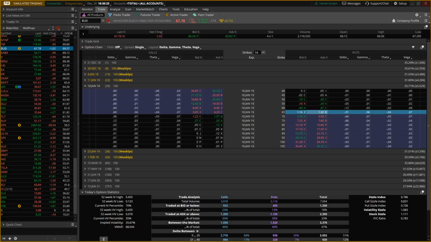So when the market's moving back and forth, the underlying is jerking back and forth like we've seen the last few days, then they have to make their options markets a little bit wider, because if I get hit on my calls, I've got to run over there and buy the stock. And in that time, the stock may have moved. So in order for me to cover my rear end, I need to make that option a little bit more expensive for you to buy, to cover my risk to run and buy the stock.